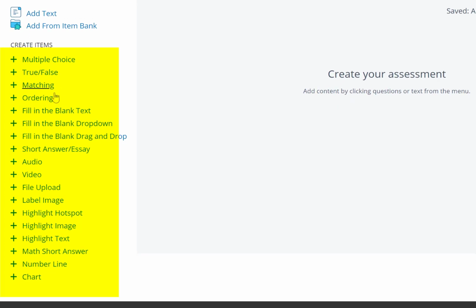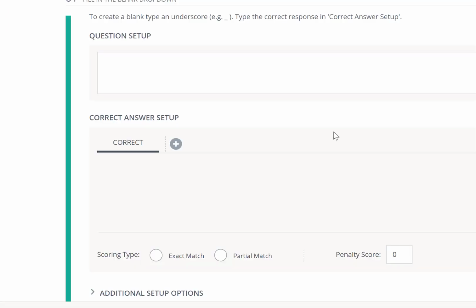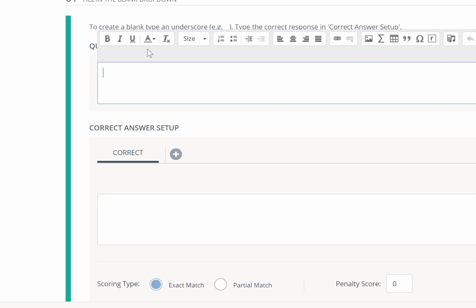On the left is where you're going to choose your questions. When you click on one of these choices, which we'll get into more detail in this course, then you can add your question and it will appear over here. If you create a question, you can add in different options. For example, if I do fill in the blank, I can type in my question type,